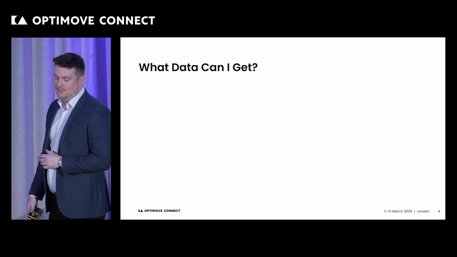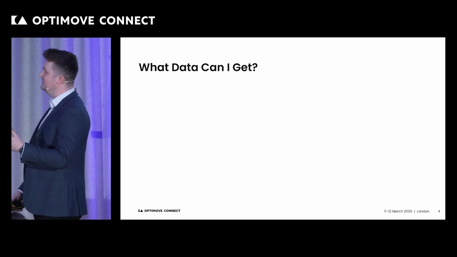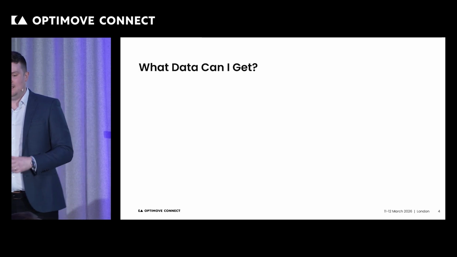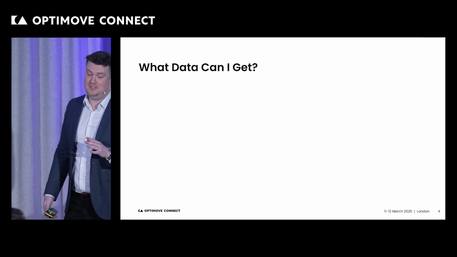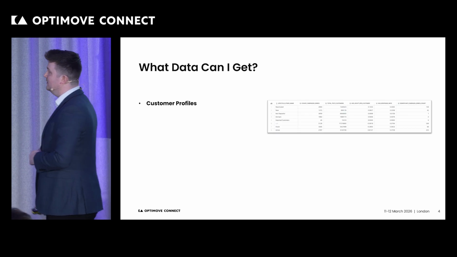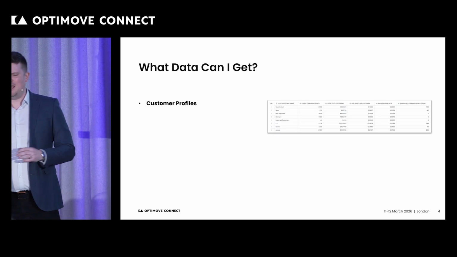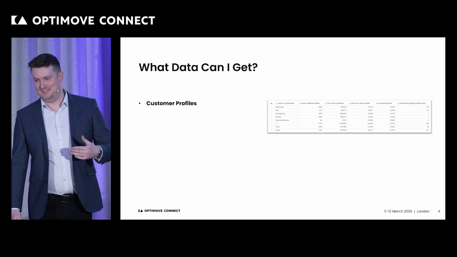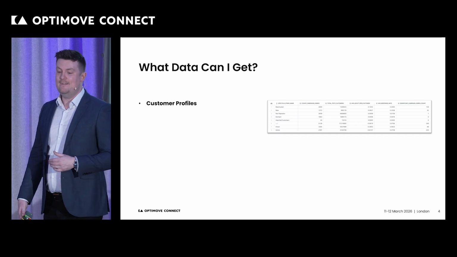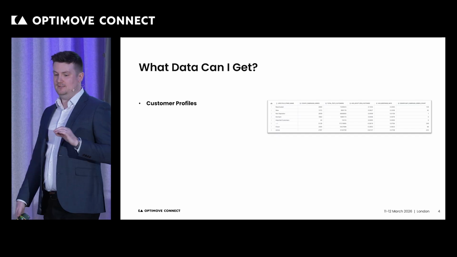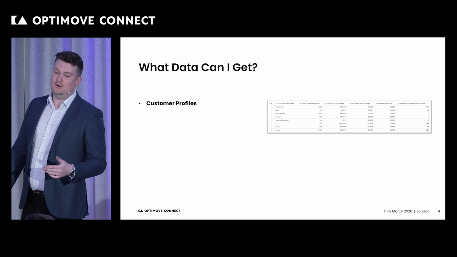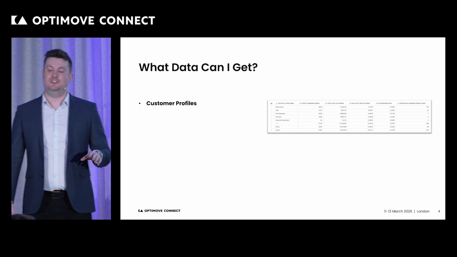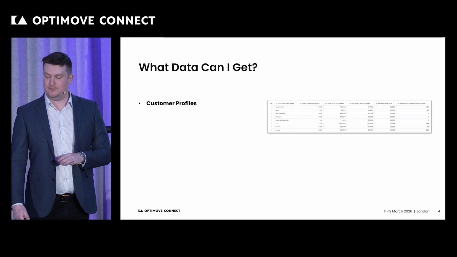Now, what data is available in data share? It's going to give you a holistic view of your marketing data across 5 key areas. First, customer data. I'm not just talking about reflecting back the data that you send to us in the first place. This is enriched customer profile data that is available to you on your instances. So the entire single customer view is shared in a flattened, easy-to-use structure.